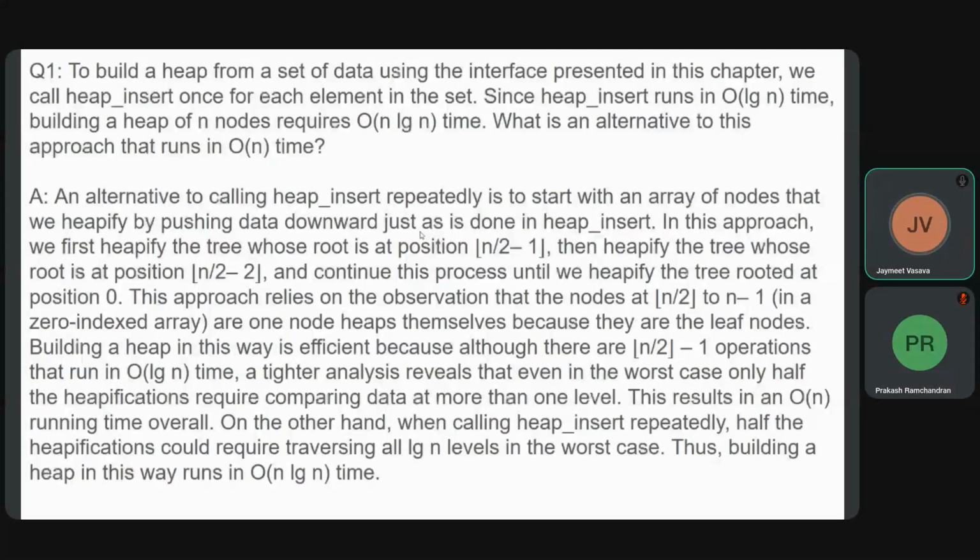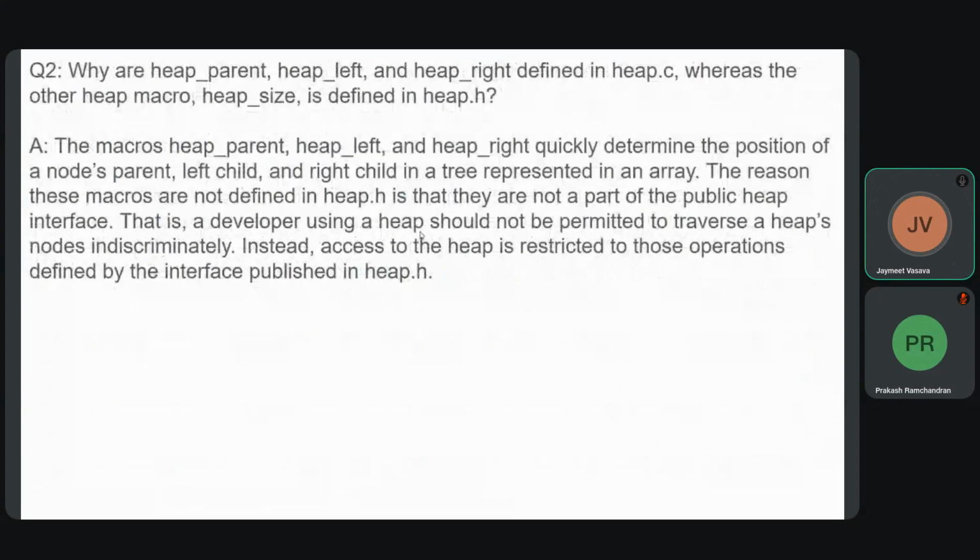So question 2. What are heap parent, heap left, and heap right defined in heaps? Why are heap parent, left and right defined in heap.c, whereas the macros of size were defined in heap.h? So there are certain controls that we don't want to give, or don't want to be carried out. So that is the reason why it was